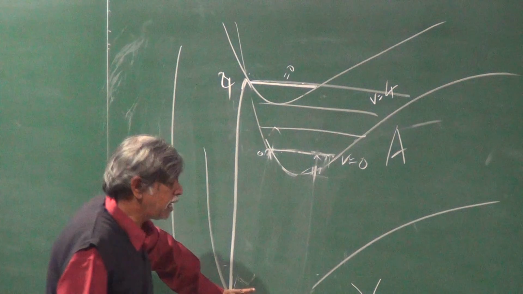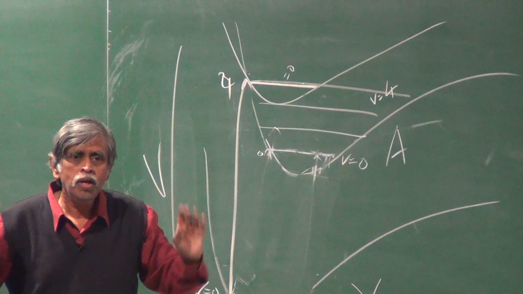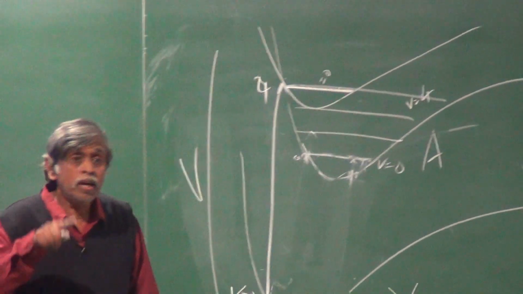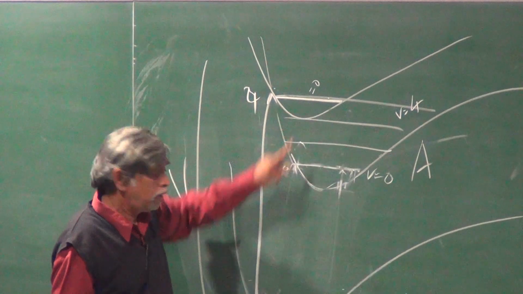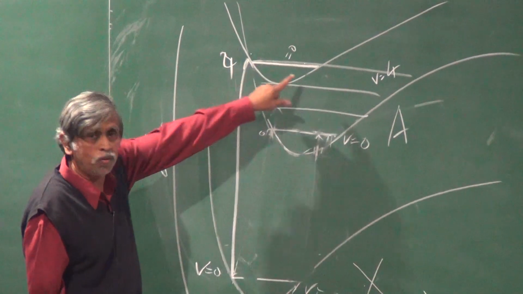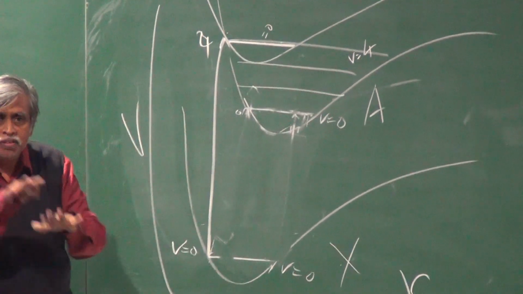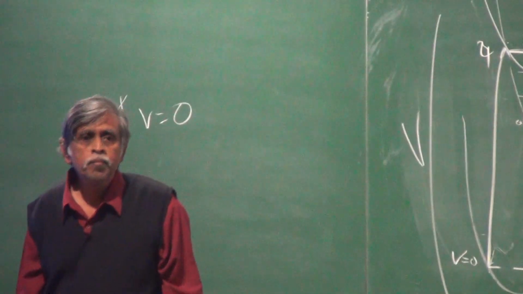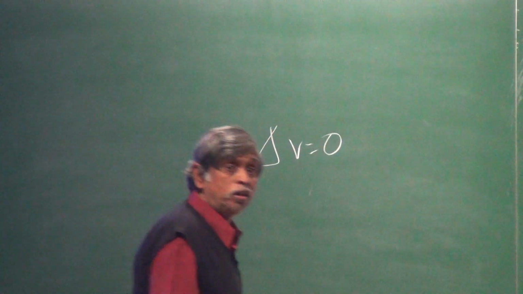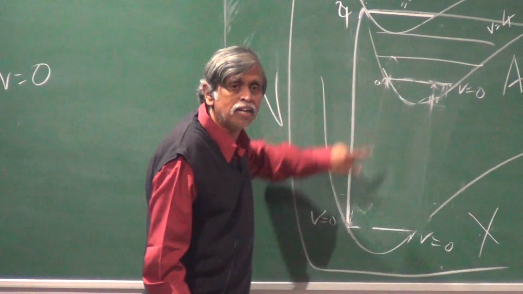But supposing this state can actually make a transition to this as well as this, let's say both are allowed, then the Franck principle will come and tell you that for a transition from here to here and here to here, for this state it can go from 0 to 4, and for this state it can go from 0 to 0 because it allows both of them. That will depend on the transition probabilities connecting this state and this state and this state and this state.